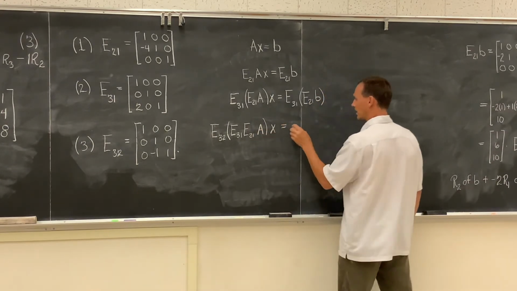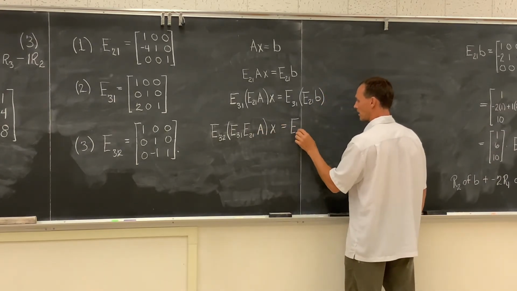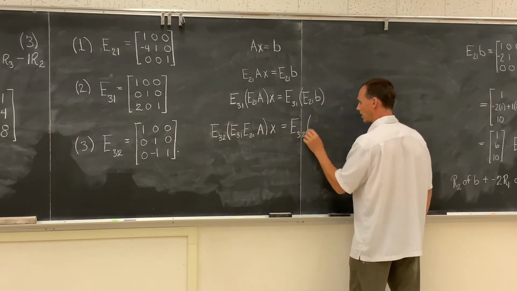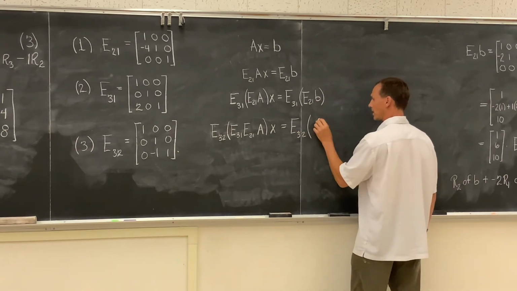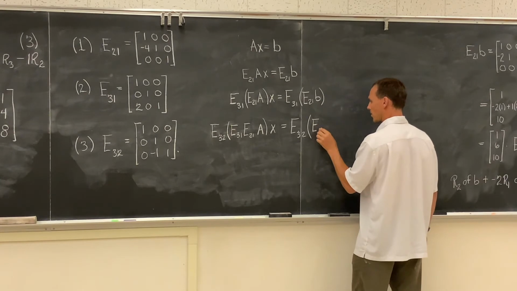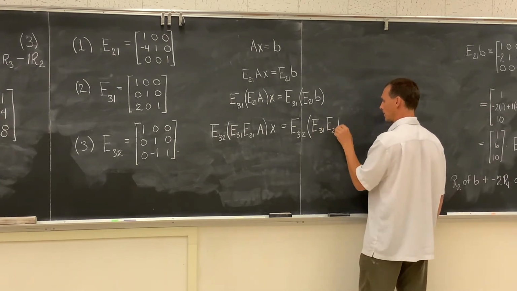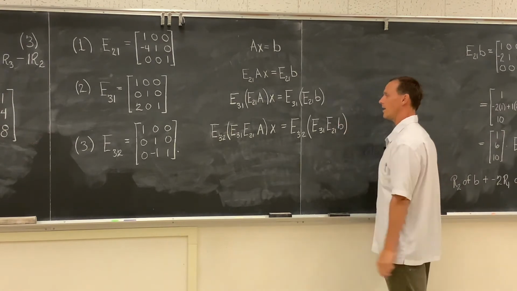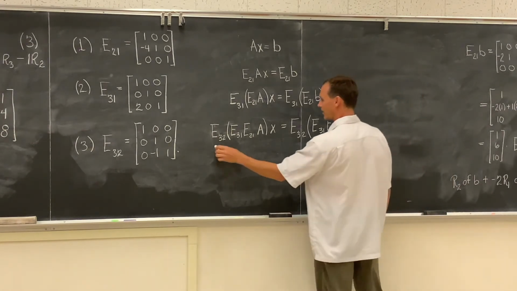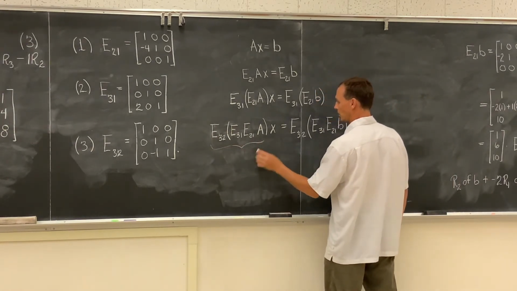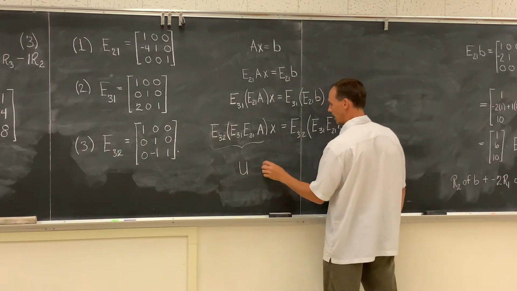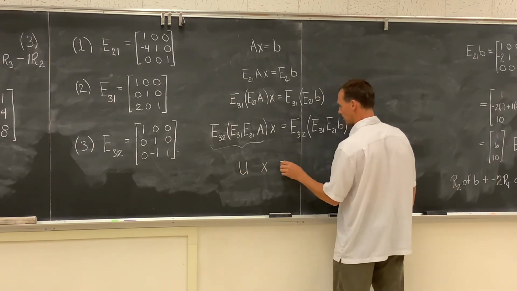X, and then E3,2 on whatever this was. E3,1, E2,1, B. And what does all of this give us? U, X equals